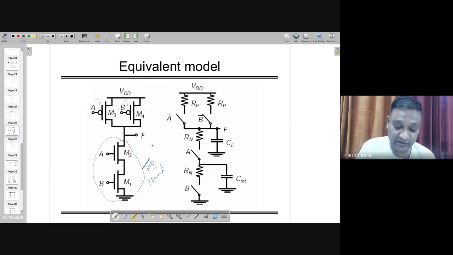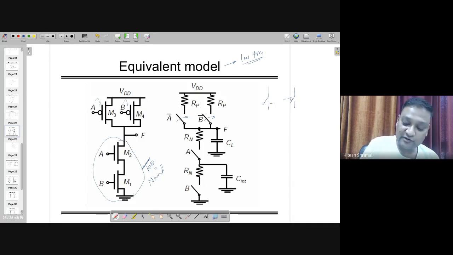But if you are drawing the equivalent model, if you remember, at low frequency, you do not have any capacitances associated with these transistors, so you can replace all the transistors with a resistance and one more switch. That switch is going to decide whether it's on or off. Note that there are two kinds of switch, a normal one and another one with a bubble. If you are using the one with the bubble, it's exactly like PMOS.